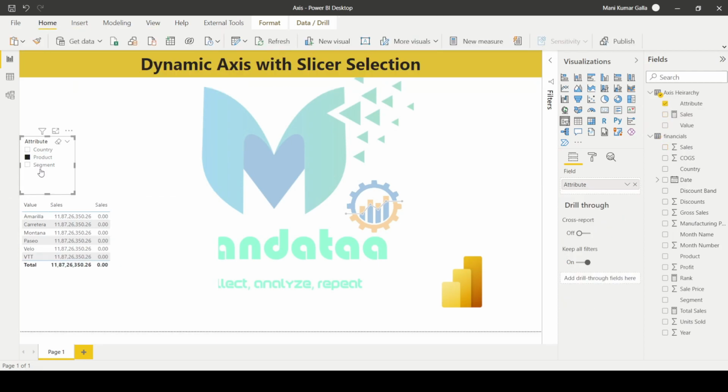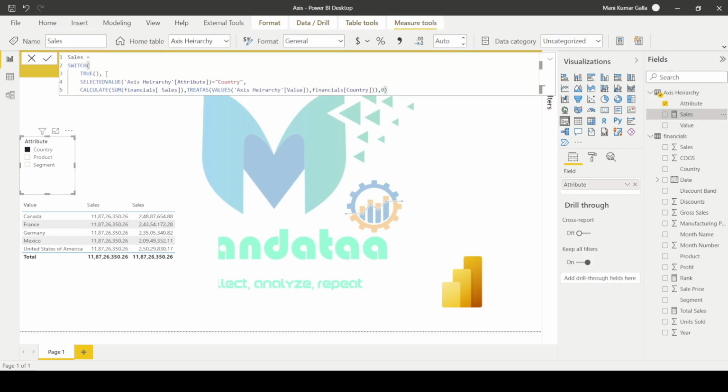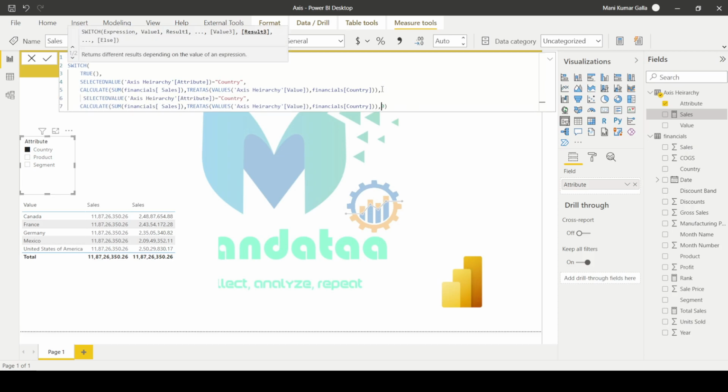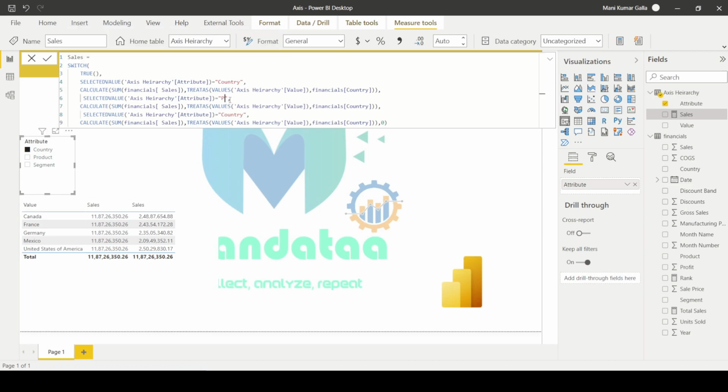When we select product, we are getting 0 as we haven't written it for those two, product and segment. So let's write for product and segment as well. I'm just going to copy the same thing. When we pass product here, when we select product, we should treat it as the product column from the financial table.